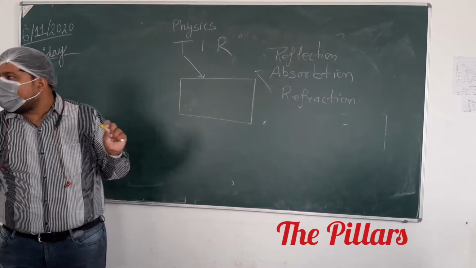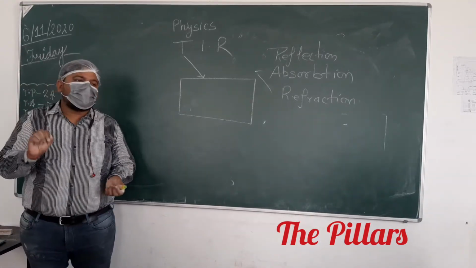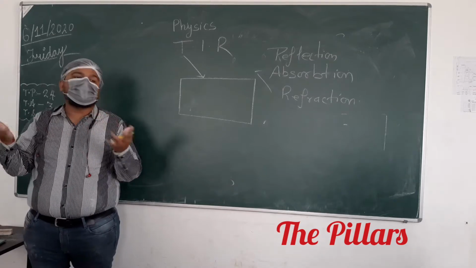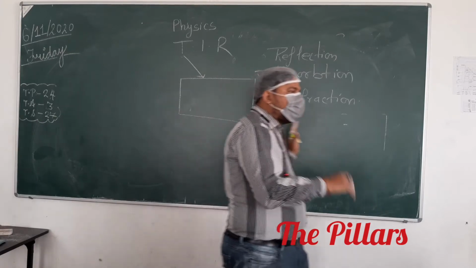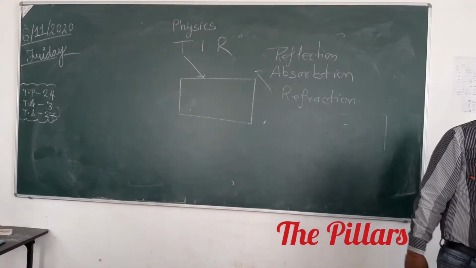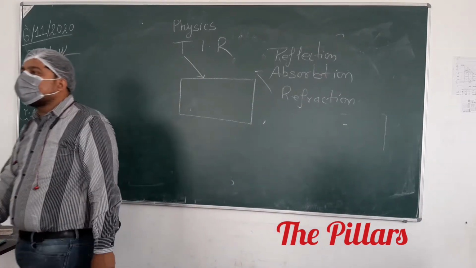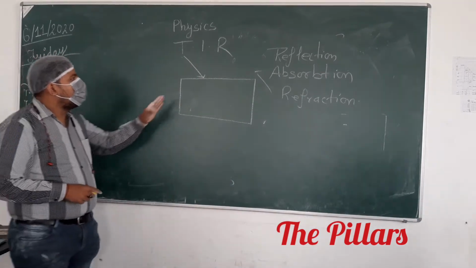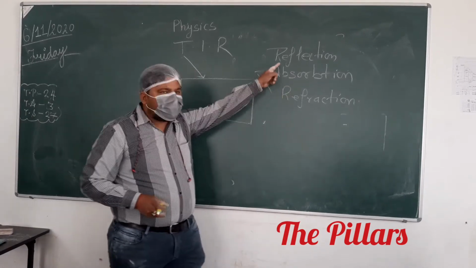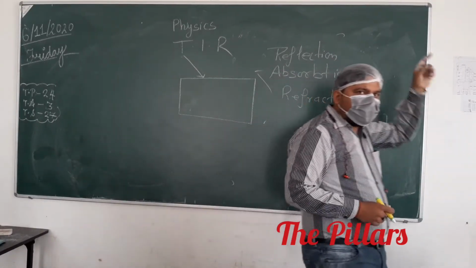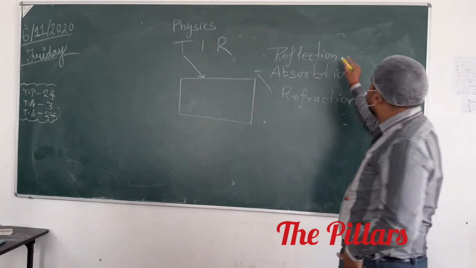If it is a perfect black body, it will absorb all the light which is striking on it. It means there will be no reflection, so you will not be able to see that thing. If all the light passes through it, you will not be able to see that thing either. Yes or no? Now, reflection is there, absorption is there. We can mention reflection as partial reflection here. A small quantity of light is only getting reflected. So we can write partial reflection.